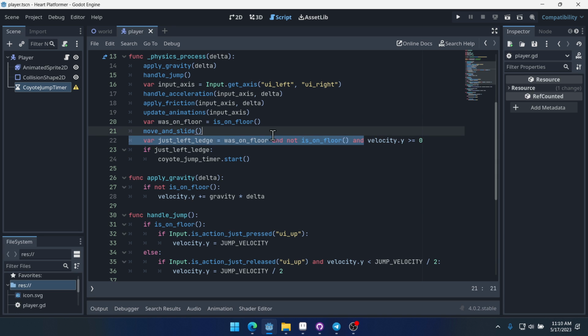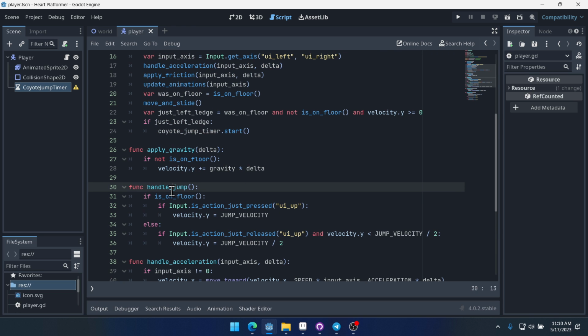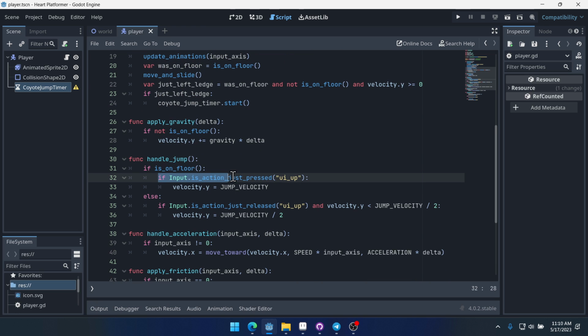So this allows us to detect whether or not our character has just left the ledge and then appropriately set our Coyote jump timer. Now all we need to do is use this timer when we're checking to see if our character can jump. So we'll come into our handle jump function right here, and we can check right here, see where if input.isAction pressed UI up. Right here, we can also check to see, actually we need this to be up here, if is on floor,